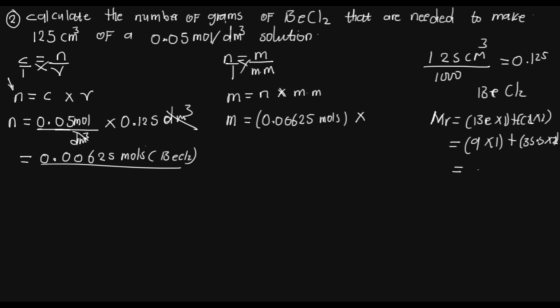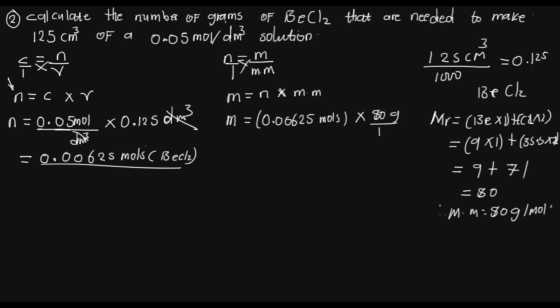So 9 times 1 is 9. 35.5 times 2 is 71. 71 plus 9 is 80. So therefore, relative formula mass is equal to 80 grams per mole. So here we can now put our 80